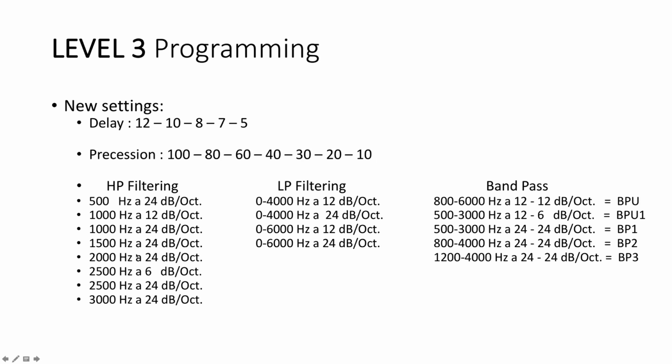So let's see a little bit in level 3 programming. What do we have to use? Okay, so you know that for the persons who have been trained to level 3, you have different settings, like the settings of delay 12, 10, 8, 7, and 5. Precession, we have new settings, so we can adjust to faster speeds or longer speeds in function of the work we're going to do. So remember that with the delays, when we work with shorter delays, we are working on